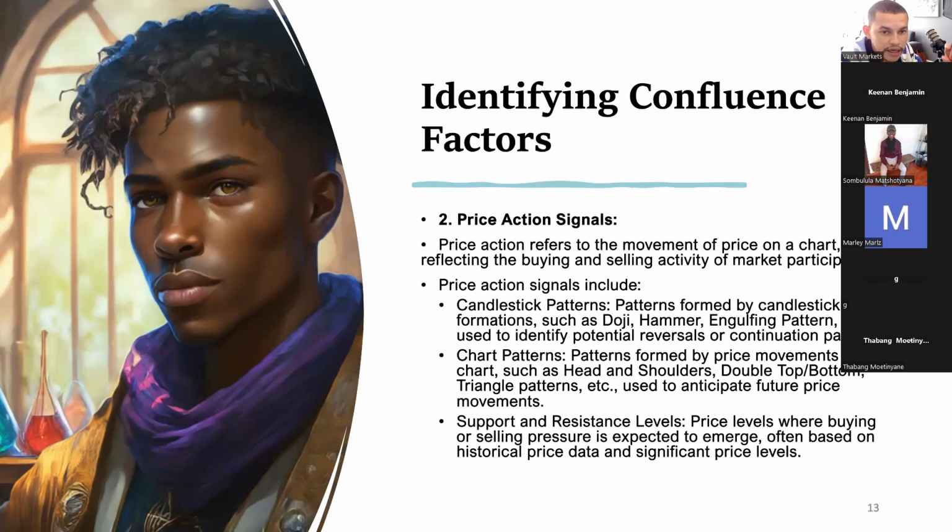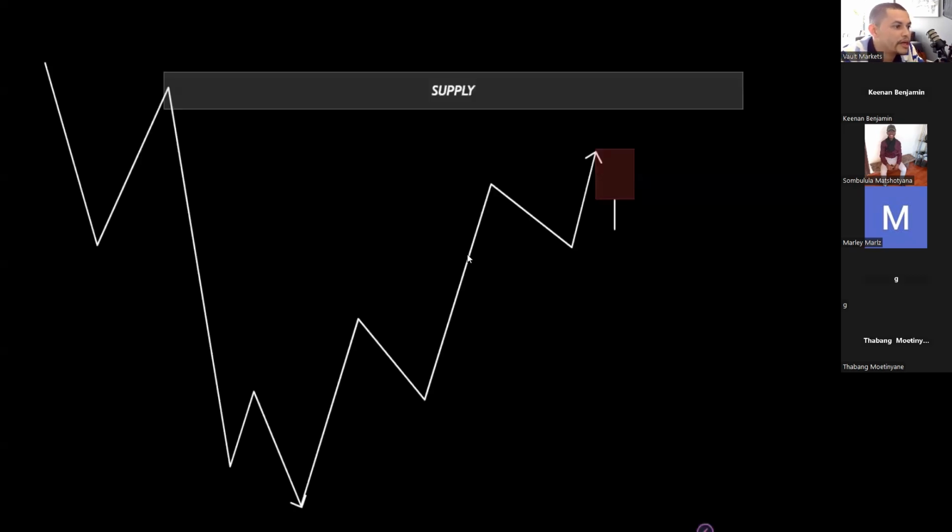So you guys can see how small things that may seem like, oh, it's nothing, actually play a very big role, because like I say, if you can't spot liquidity, you will become liquidity. And also with that said, price action can also show you support and resistance levels, price levels where buying and selling pressure is expected to emerge, often based on historical price data and significant price levels, right? So for instance, what I refer to on price action basically is,